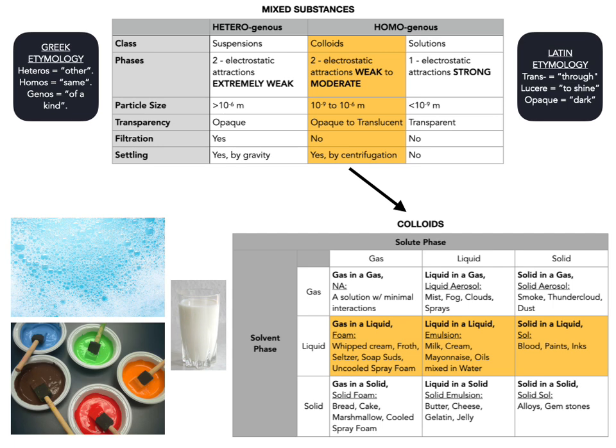Our next set features either gases, liquids, or solids dissolved in a liquid medium. Foams, like whipped cream, dissolve air into fatty liquid milk. Emulsions, like cream or milk itself, are made of liquid fatty acids dissolved in liquid water. And sols, like paint, can have solid polymers dissolved in various chemical solvents.